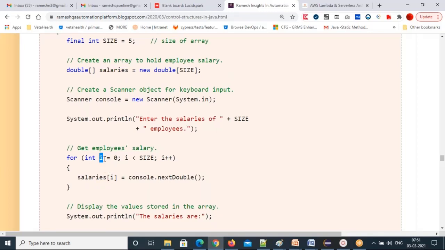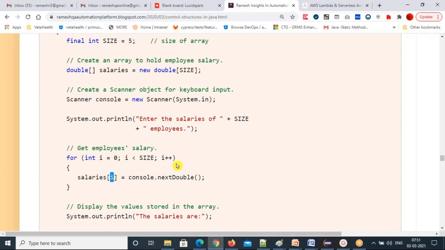First you start with 0 because index always starts with 0. That's why your initialized value is 0. And I'm calling the console dot nextDouble method. So every value you input will be stored in this place.